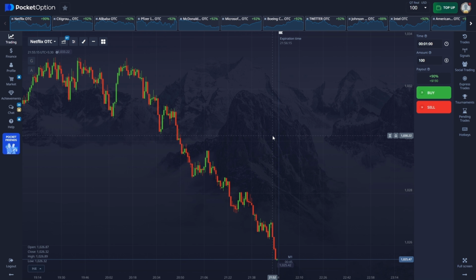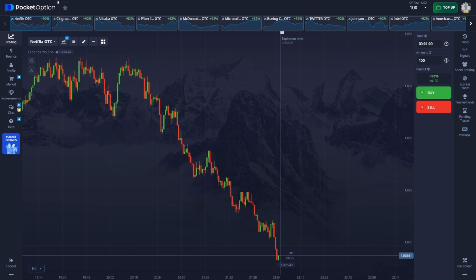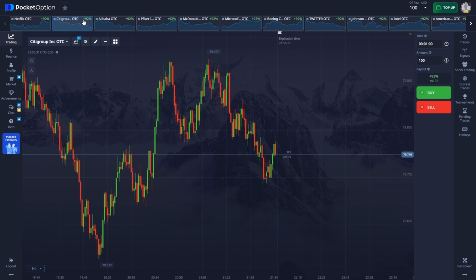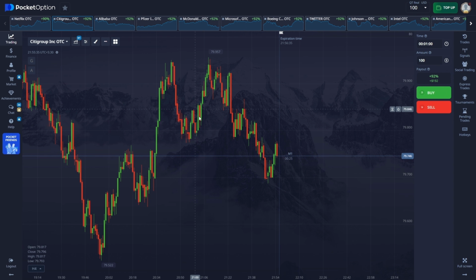Let's find our first trade, and I'll provide a brief explanation of why I took the trade and how the SNR was formed. Okay, when the market was moving in one direction, meaning it was in an uptrend or downtrend, support and resistance levels were not useful there because the market had broken through those levels, making it a risky situation. On Citigroup, Inc OTC,